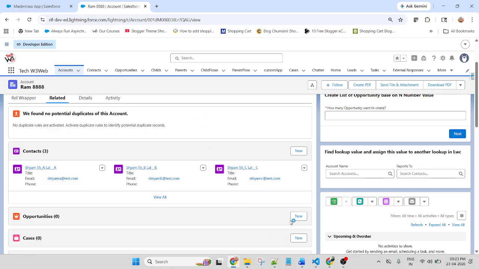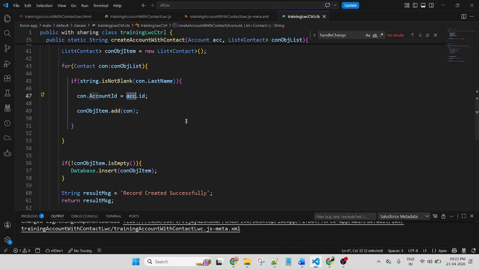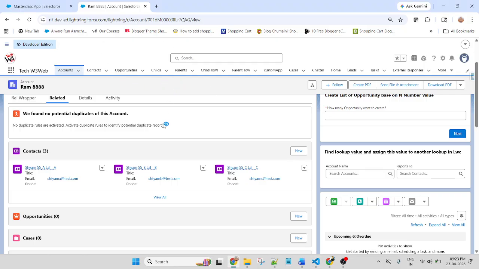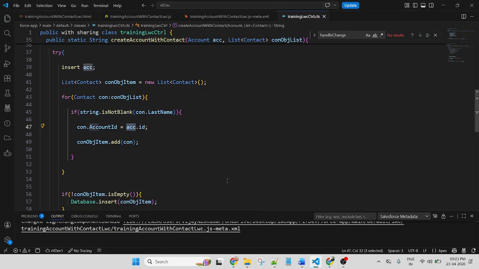Now let me learn something new. I want to check how many records fail and how many records succeed, and display it in the pop-up message. If I create 3 records, out of 3 records, which records were created successfully and which were not?